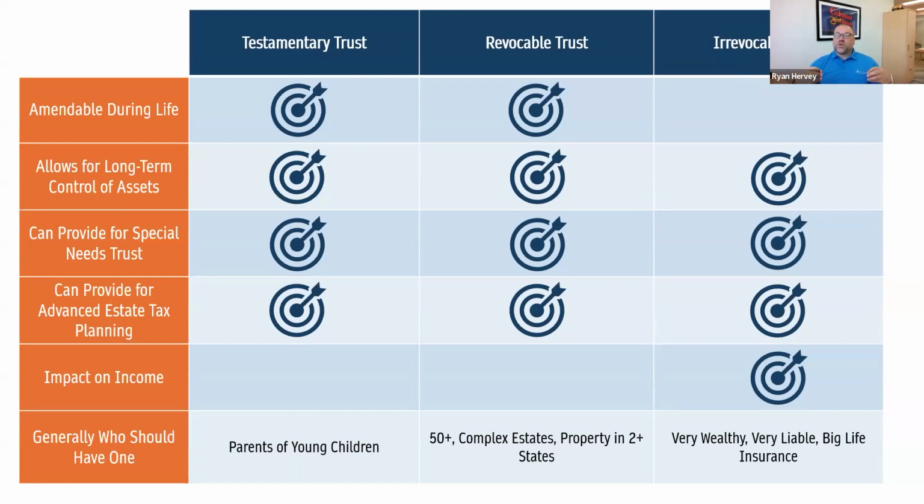So where that mattered is when you could only pass 2 million without a tax consequence, and I own $10 million of farmland. Well, when I die and there's this bill that gets figured at maybe 40%, depending on what year that was, 40% on $8 million is a significant chunk of money. And most people with $10 million in farmland don't have that kind of cash sitting around. So you would have the choice.